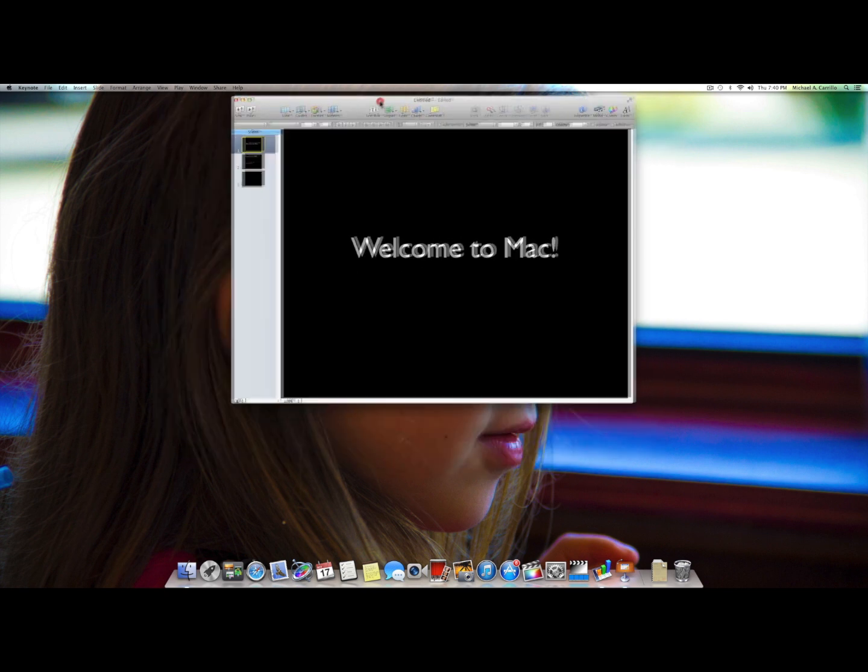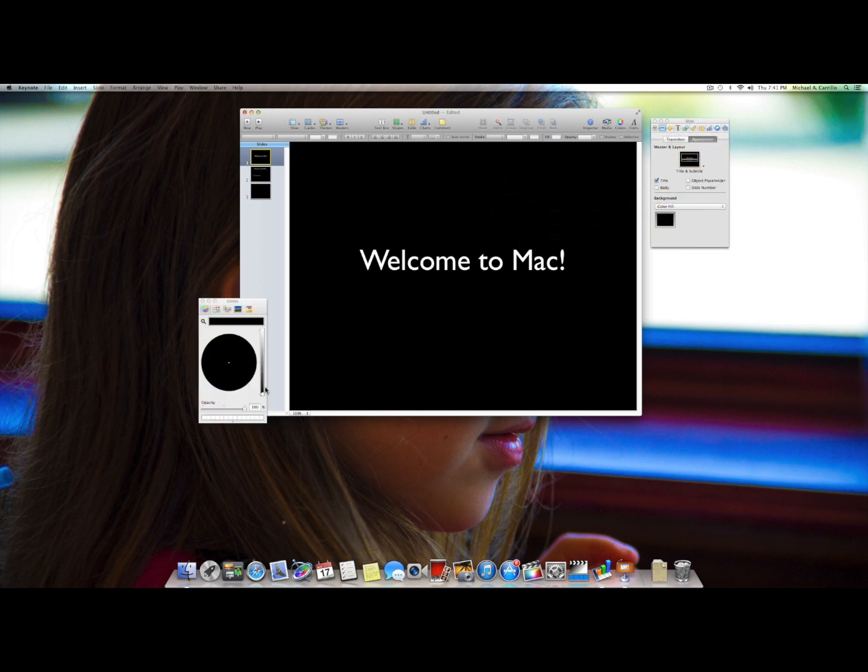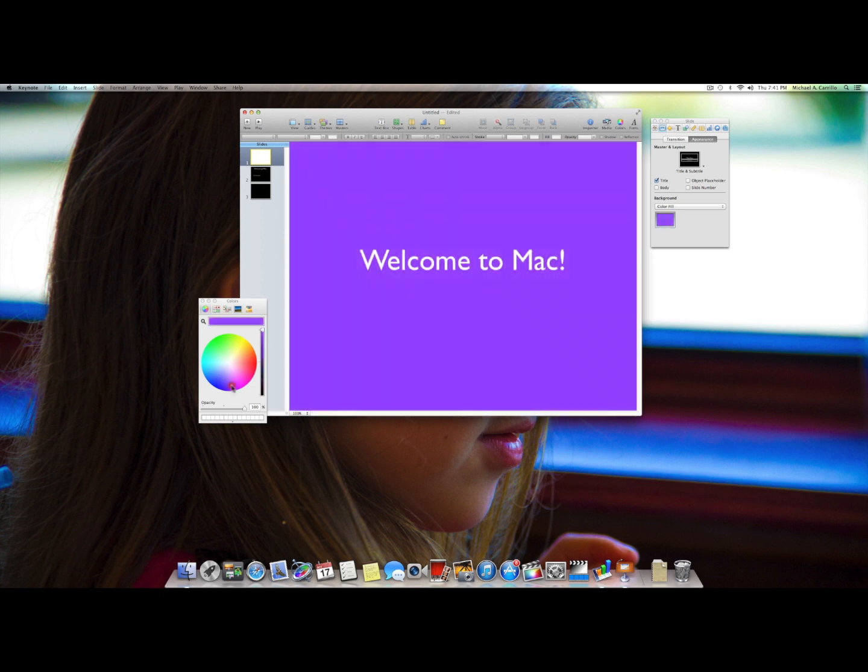So one of the things in Keynote that I wanted to remind you guys about was your inspector. Your inspector is going to be an extremely useful tool for you regarding every single thing that needs any kind of adjustments. Okay, so I'm going to go ahead and try to remind you guys about the second tab here, which allows you to change your appearance. If you don't want it black, you can change to a different color. Okay. I'm going to go ahead and leave. You know what, let's use purple